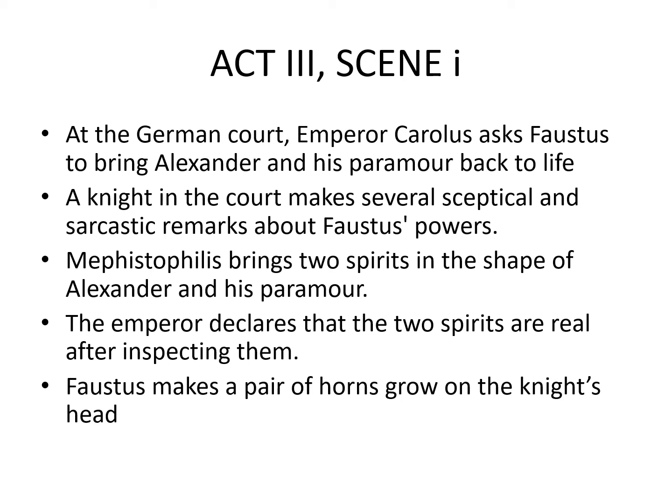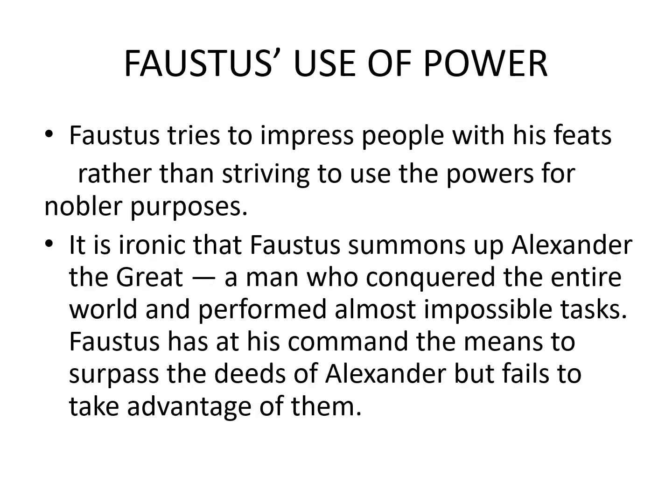So by making it public in the court that his wife has cuckolded him, Faustus is trying to take revenge against the knight who ridiculed him. Okay. The knight comes back scolding, thou damned wretch and execrable dog. He calls names to Faustus. He scolds him. But he is very humiliated, and then the emperor intervenes and tells Faustus, please exempt him, don't make him suffer like that. Finally Faustus tells Mephistopheles, remove those horns.